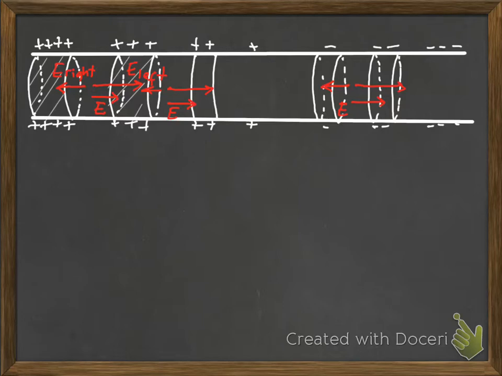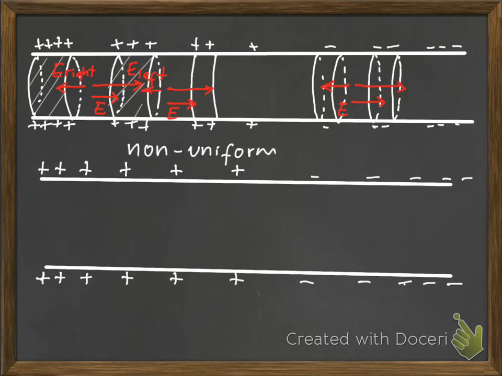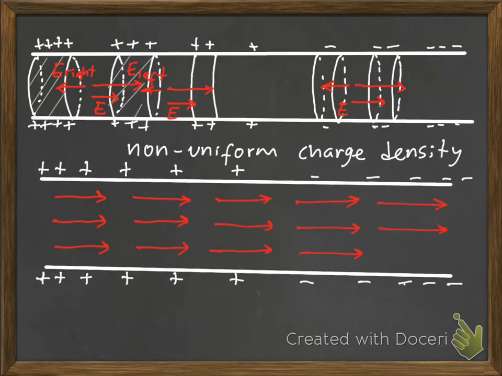Those two electric fields are opposite to each other, but one is bigger than the other, so we get a net electric field at that point in the wire. So the result of this non-uniform surface charge density is that all throughout the wire, those surface charges produce an electric field inside of the wire. Now this is the key electric field that is going to produce a massive movement of charge inside the wire,